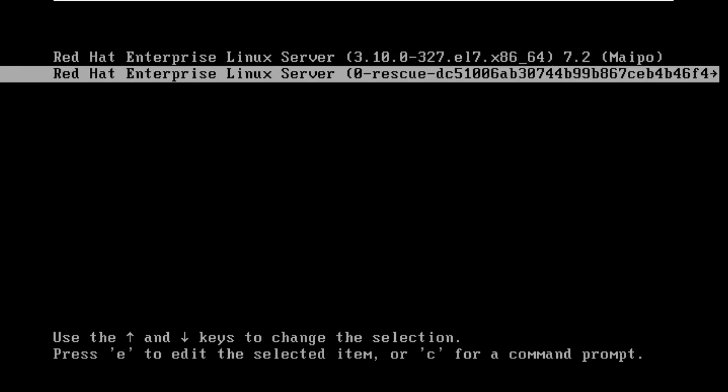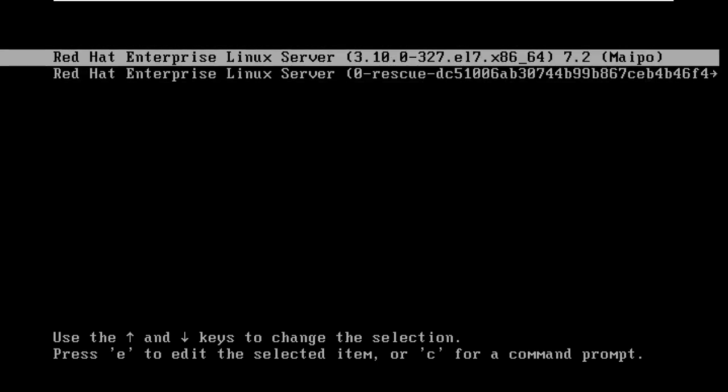Now if it is also not starting in this, if this is also not working, maybe somebody has deleted these kernels. Remember, these kernel files are located under the boot directory, and if somebody has permission, then they can delete the file also. So suppose this is not there and somebody has deleted it, then what can you do?